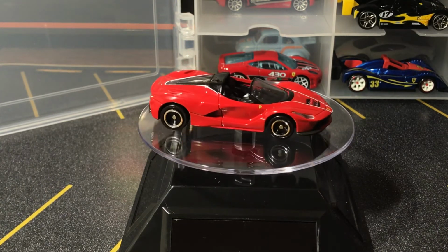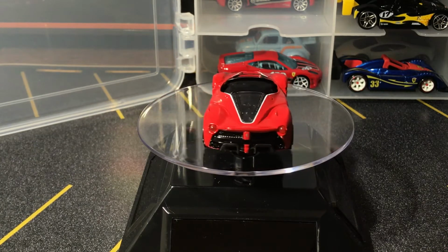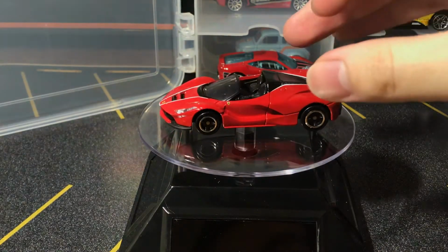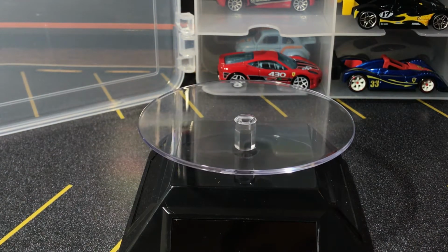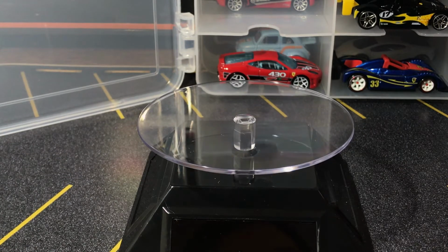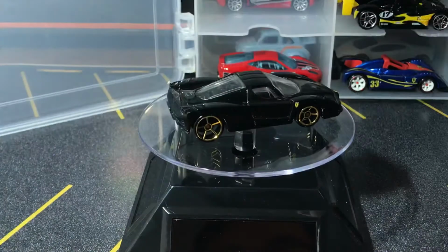I'm gonna keep an open mind, but I feel like there's just no chance it could be better than a Tomica release. Without going true 1:64, I think this is as close as you're going to get. And I think I was saying earlier, Ferrari being so exclusive is a horrible move for collectors. But for Ferrari, like,